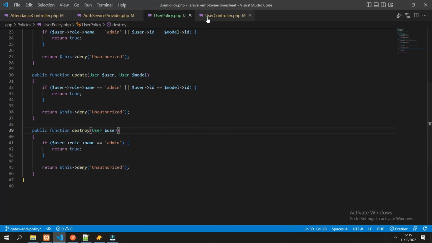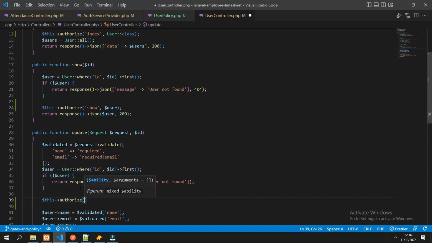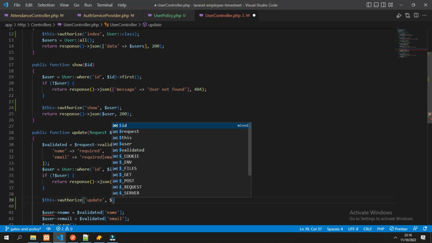And for the implementation in user controller, it's similar with the show. For the update, it will be placed after the user is found. So this authorize, the name of the policy, which is update, and the user model in this case is user.